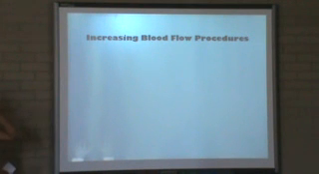I'll be talking about the increasing blood flow procedures that are done in vascular intervention. We have intravascular thrombolysis, intra-arterial infusion of vasodilators. You have percutaneous transluminal angioplasty, which is also PTA. You have vascular stent placement, dilation of stenotic artery, recanalization of occluded artery, laser angioplasty, removal of embolus,